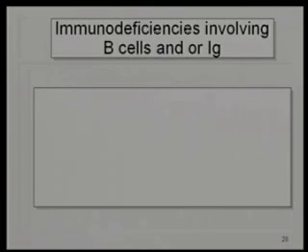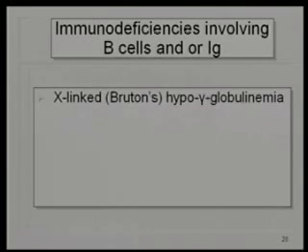If there's a defective class 1 MHC, CD8 cells are fewer in number, and if the class 2 MHC is defective, then the CD4 cells are few in numbers. Okay, so that was the T and B cells both. Now we'll take a few minutes to talk about